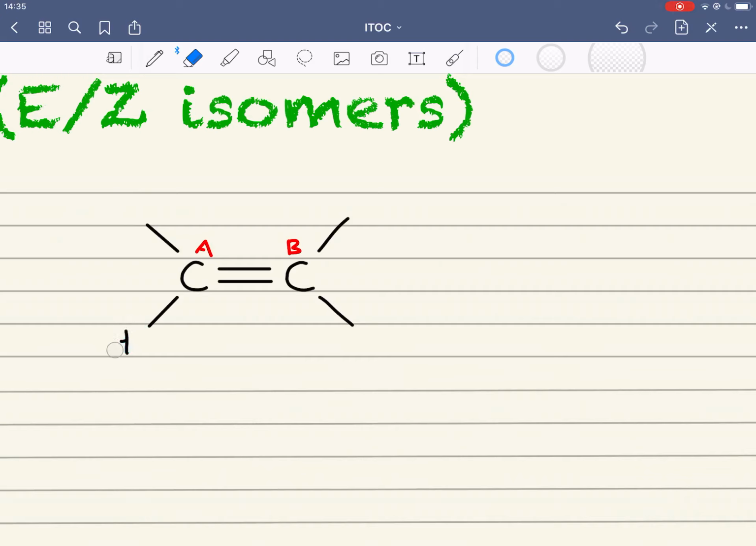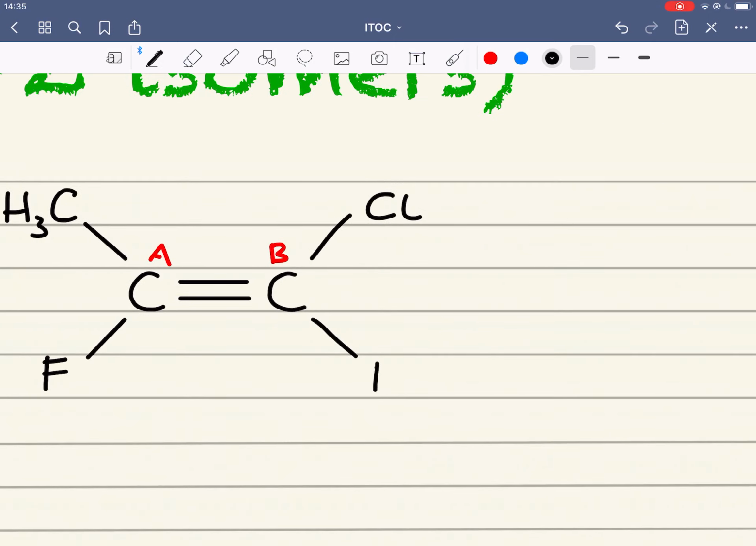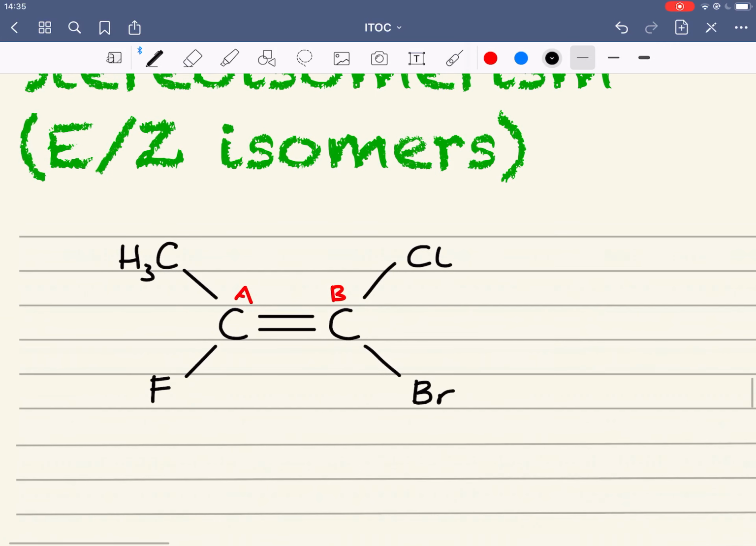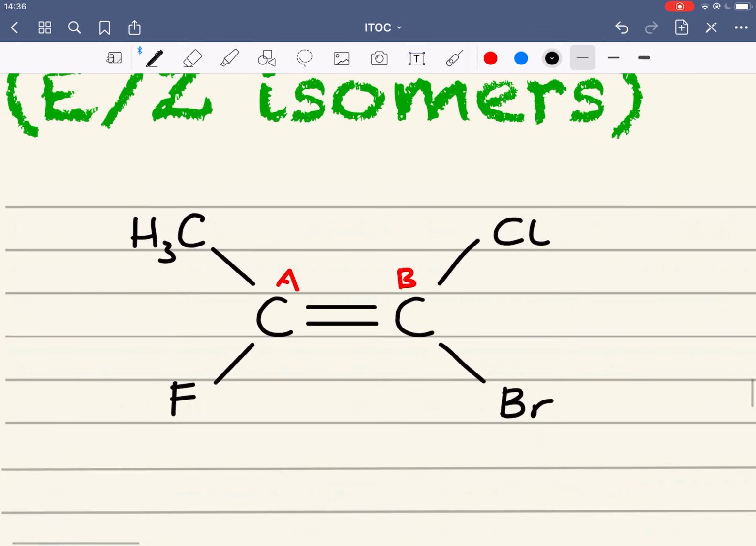Let's have a look now at another alkene. And let's have a look at putting a CH3 here, an F here, a Cl here, and a Br here. We assign molecules this E or Z isomer tag based on something called the Cahn-Ingold-Prelog rules. And this is what we're going to go over now. What we do is we look at the two carbons involved in the carbon-carbon double bond, and again I've labelled them A and B. I then look at carbon A, and I have to assign